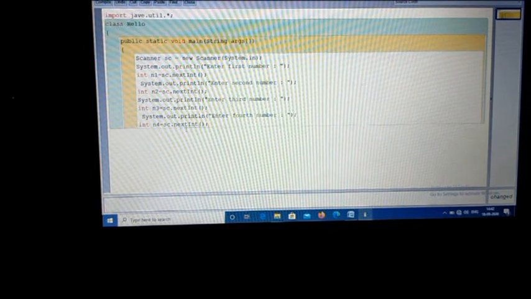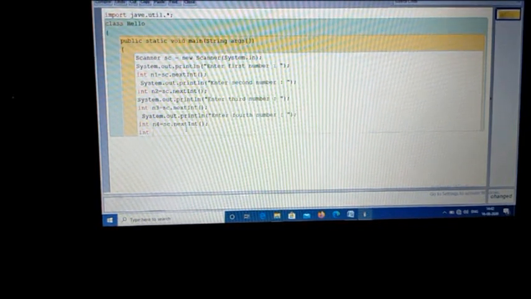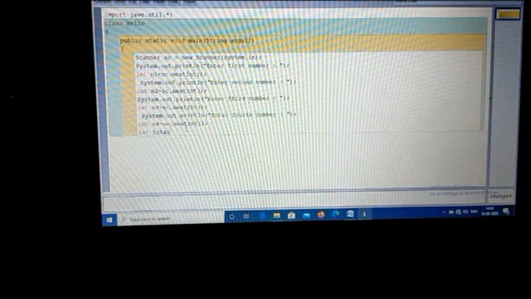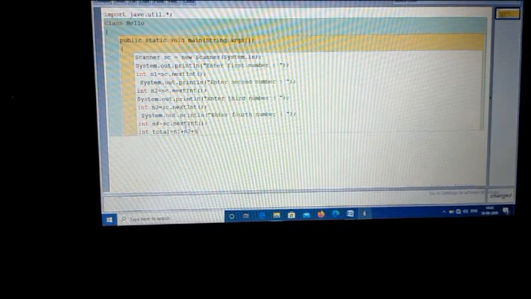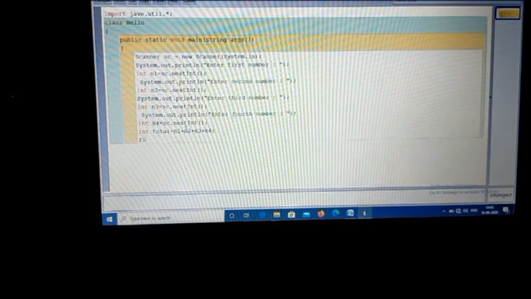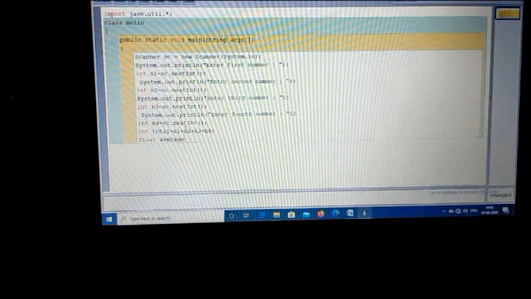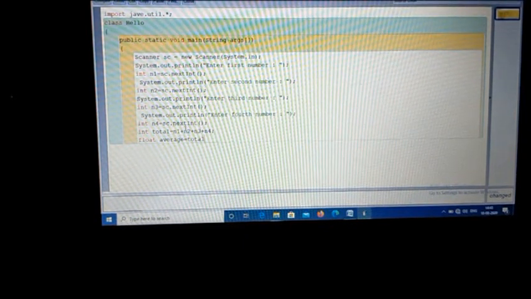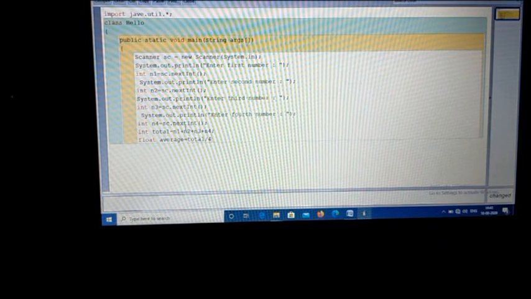Now come to the next line. I am taking one variable to find out the total: int total. I am taking the variable name total to be understood clearly. total equal to n1 plus n2 plus n3 plus n4 semicolon. Now I am taking one variable of float type. The data type identifier is float, and the name of the variable is average. So you know how to find the average of four integer numbers. The variable total holds the total value of the addition of n1 to n4. So total divided by 4 semicolon.